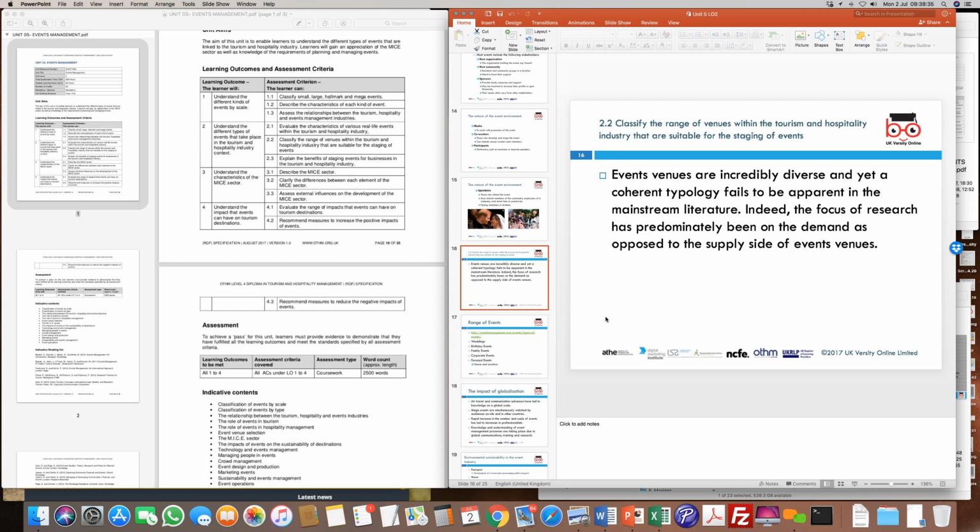So you're going to be talking about the types, or basically the topology, of the classification of the venues, and you'll have to give a table or an example to say why the classification actually looks at that. So we start off with the industry classification, which talks about the types of events.